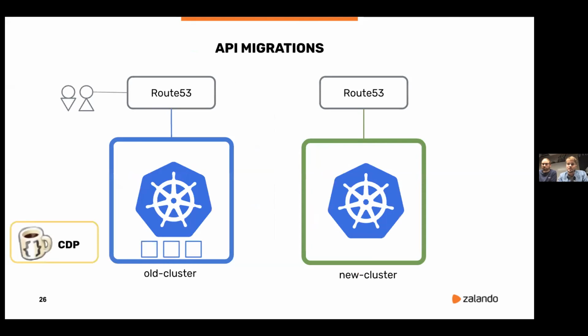So let's take a look at how we do API migrations, just a high-level overview. On the picture, you can see two Kubernetes clusters. As I said, we deploy our services in Kubernetes. On the left side, there is the current version, and the green one is the new version. We deploy our stuff using a continuous delivery platform, and at this stage, our users still go to the old